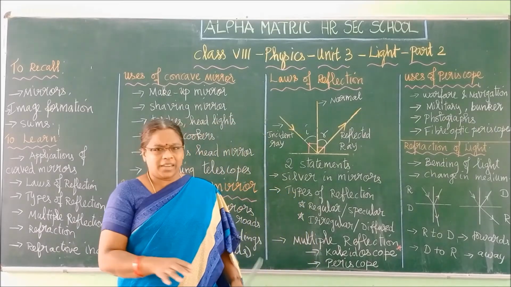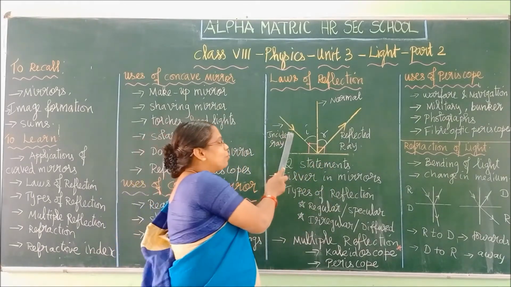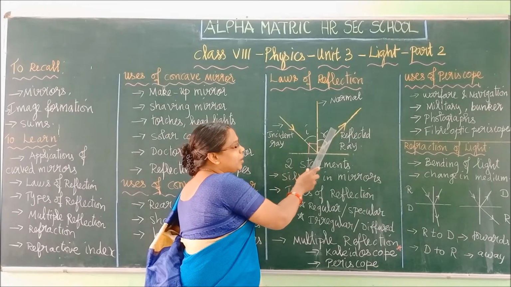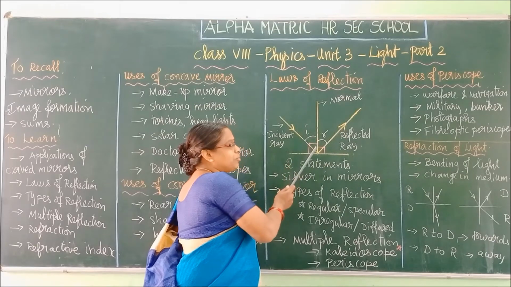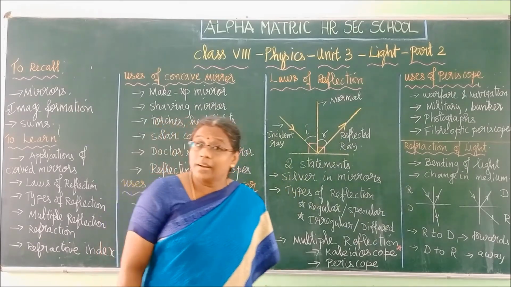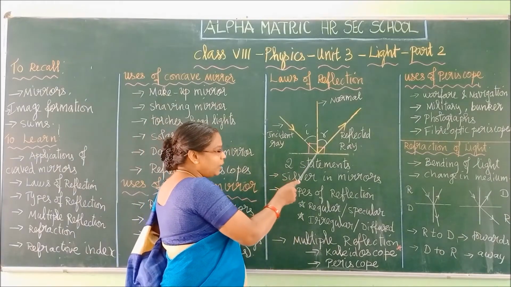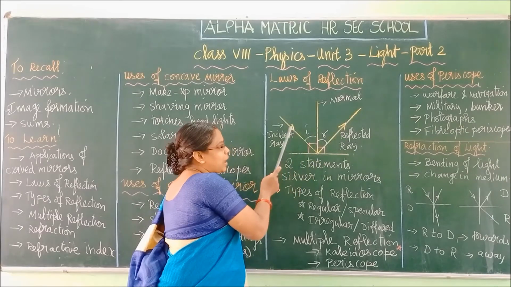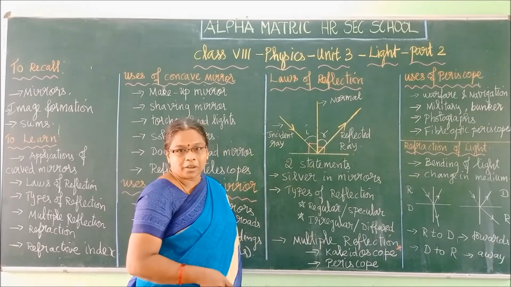It's just a line. And when we are drawing these ray diagrams, don't forget to mark the arrow marks. See very clearly, here I have marked an arrow mark, here I marked an arrow mark, but I never marked an arrow mark here because that is not a light ray, it is a line. Clear? So light comes in, hits the surface, and reflects back in this direction. So arrow marks, be very clear. Don't make a big grammatical error here.